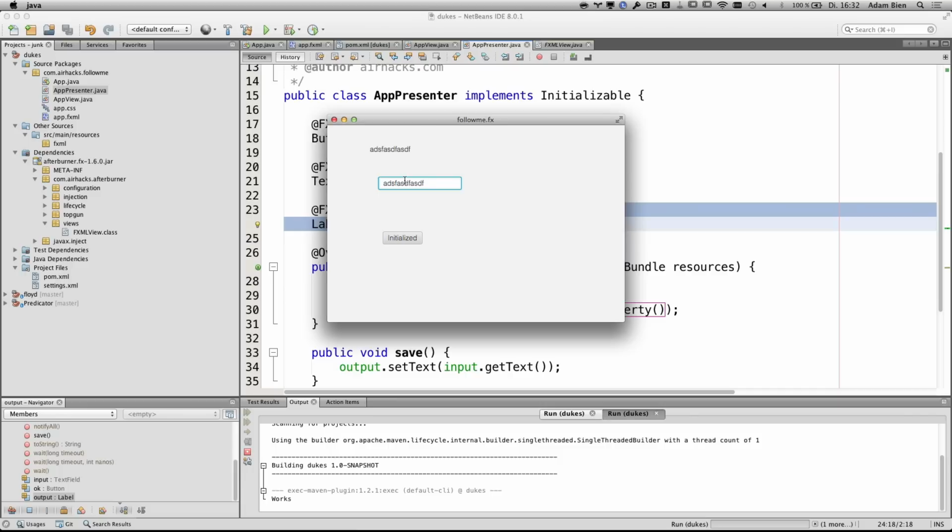So any other questions? I didn't see where you got the method save. A public method is visible. This is standard. It has nothing to do with Afterburner. It just always works in SceneBuilder. Very good. If it is private, you will have to use the FXML annotation. Very good. Any other questions? No questions?